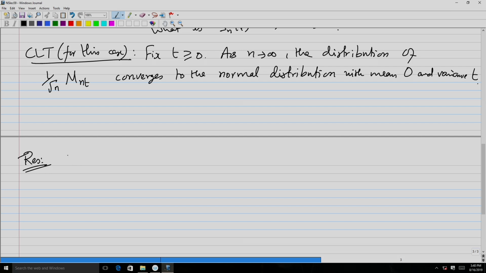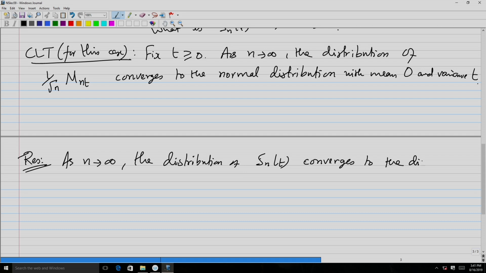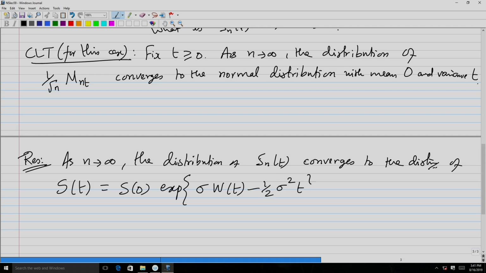Now, as n tends to infinity, the distribution of S_{n_t} as given above converges to the distribution of S(t), which is S_0 times e to the power sigma W_t minus half times sigma squared t,